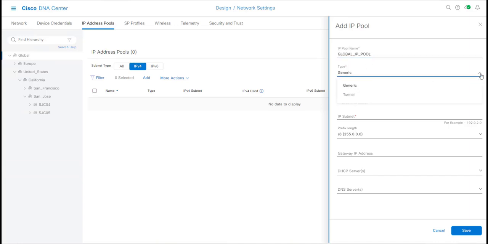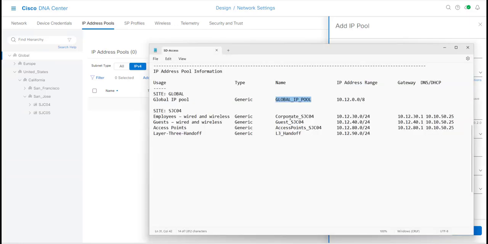Here we have other types, generic or tunnel. In most cases, we use generic. Tunnel can be used for remote access, for example. Okay, generic is okay. IP address space is IPv4. And after that, about the IP subnet. This is our IP subnet, okay? And after that, let me copy it here,